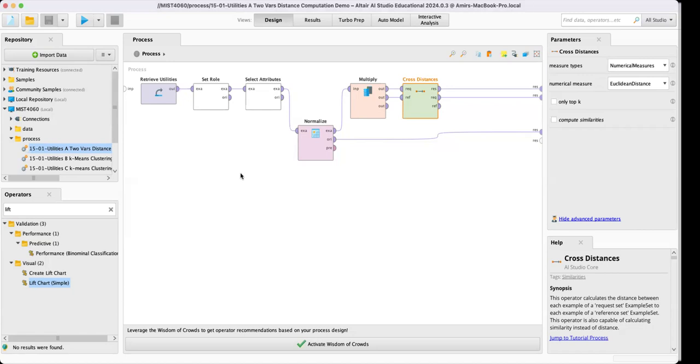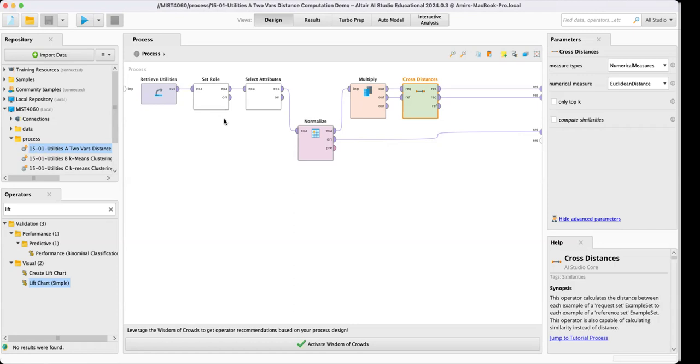Okay, hello everyone. In this video, I want to show how we can run the clustering algorithms on a sample dataset. And in assignment 8, second question, you will use the same exact process to do your assignment. So the first part is about measuring the distance because clustering is all about similarity and the distance between different instances or records. So I want to show you three processes, and the first one is on how to measure